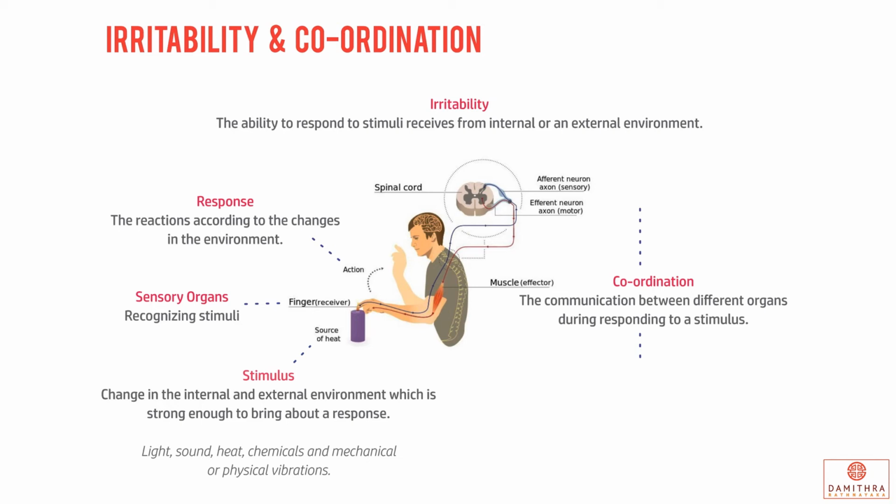So, as we can see here, to respond to a stimuli, there should be a harmony between nerves, muscles, and hormones. The harmonious functioning of interrelated organs and parts to respond to a certain stimulus is known as coordination. So, nerves, muscles, and hormones are important in nervous and endocrine coordination in animals. Plants also show responses to different stimuli. You can refer the movement episode to understand the responses of plants for their different stimuli.